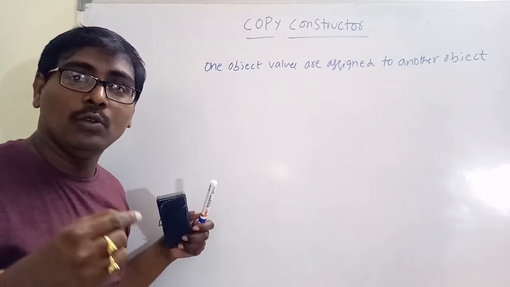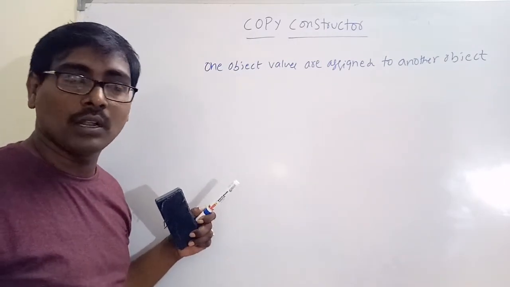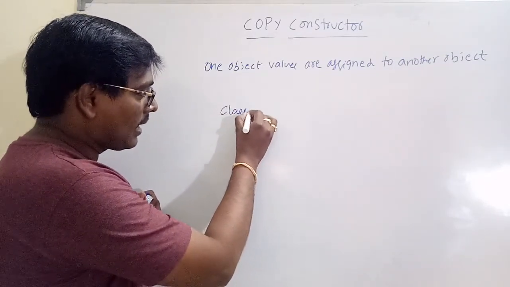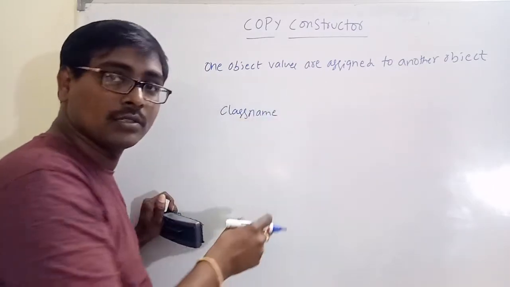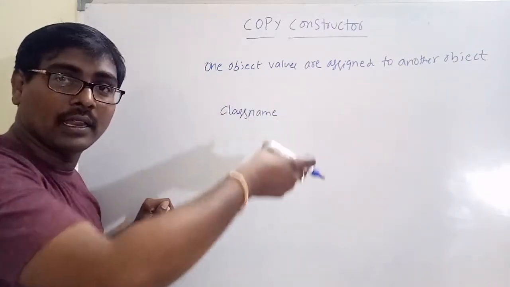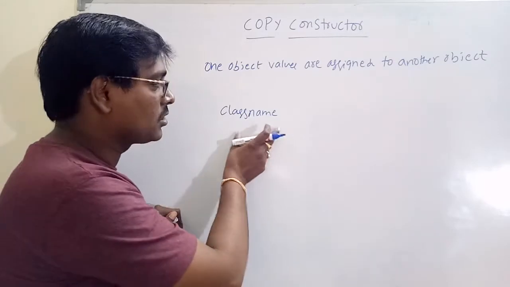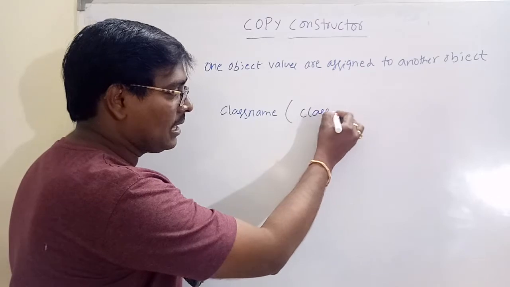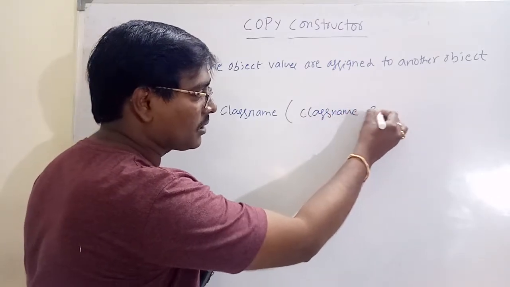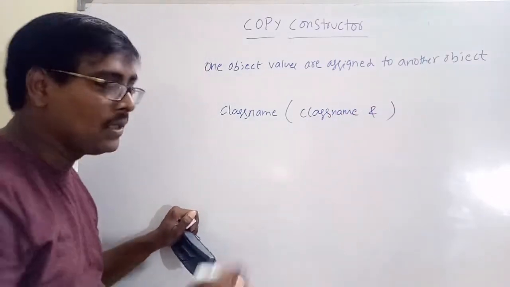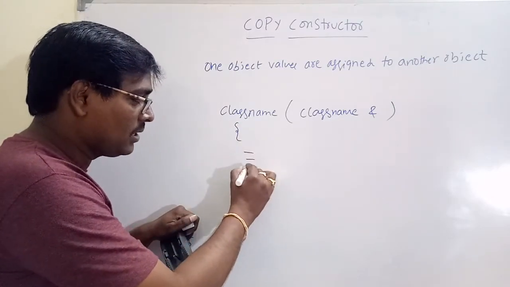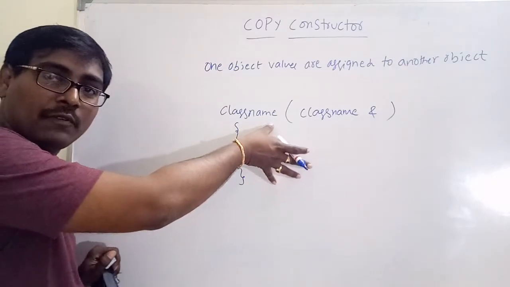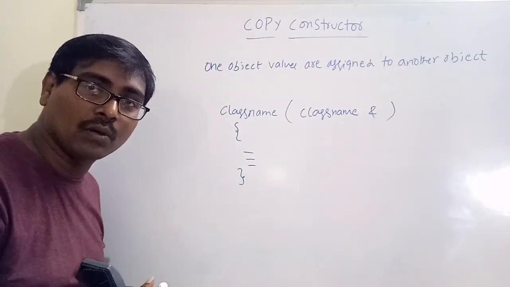And if you want to use a copy constructor in our program, the constructor format is the class name. So that is how to declare and define a copy constructor. The syntax is a class name and the parameter is an object, with some set of statements. This is the way to define the copy constructor in the program.